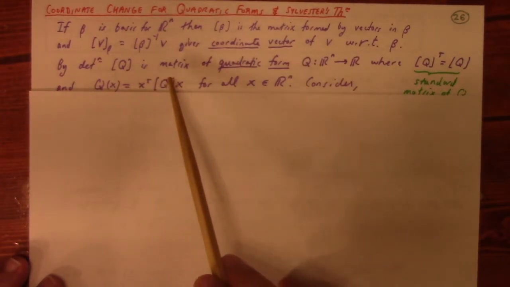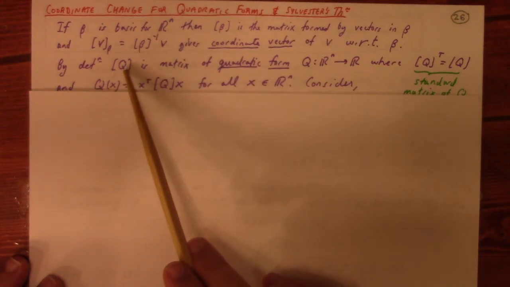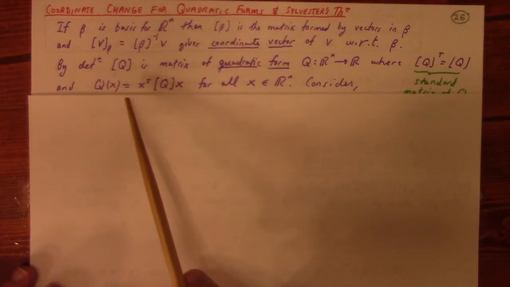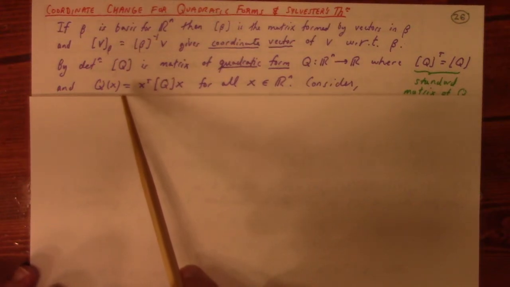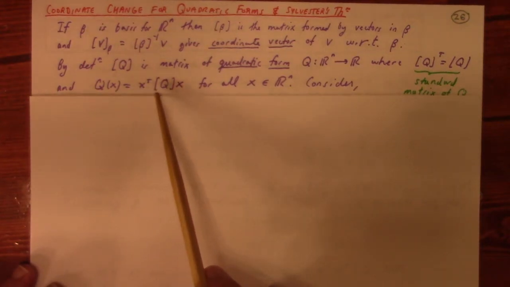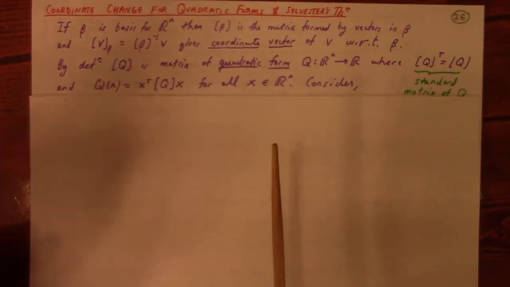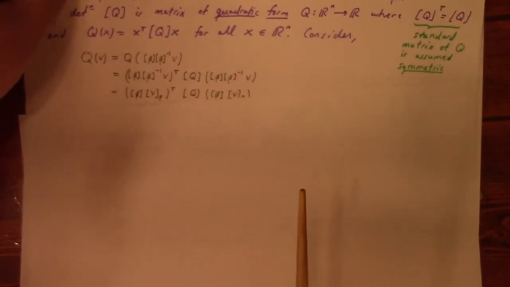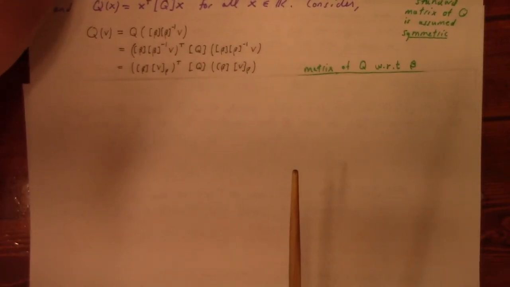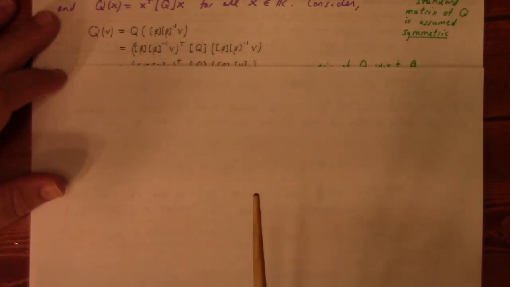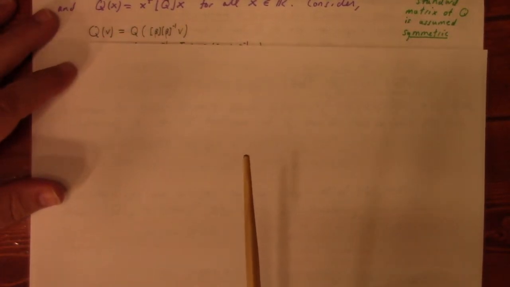And as we talked about, the standard matrix of a quadratic form is denoted like this. That means that the formula for the quadratic form can be written q of x is x transpose times the matrix of the quadratic form times x again, for all x. So what would happen if we, say, changed coordinates on the quadratic form? All right, so I think I did this before. I'll do it again